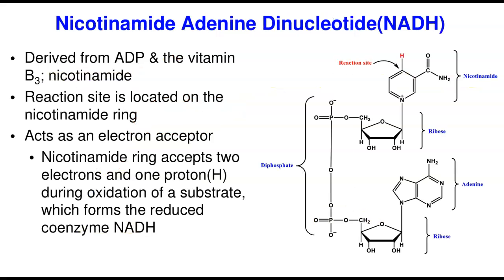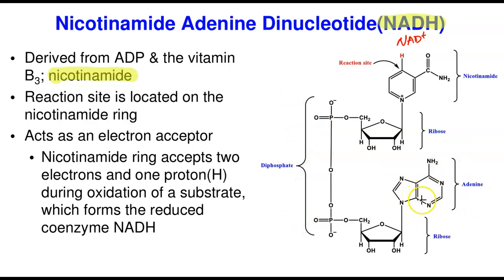We now go to the next one. The nicotinamide adenine dinucleotide, reduced form. I purposely put the reduced form. Remember, we define reduction as addition of hydrogen, whereas oxidation is the removal of hydrogen. So this is the reduced form because it has a hydrogen to it. The oxidized form usually exists as NAD+, without a hydrogen. It is derived from ADP again, and then vitamin B3, the nicotinamide. Look at it here. This is adenine to a ribose to a diphosphate. So from here to here